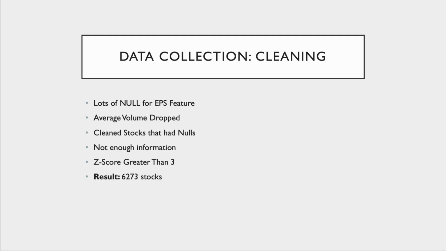Lastly, we looked at stocks that had an RSI value of 0, meaning it's a continuous 14-day loss with no gain or stagnation of price return as a whole. To find these stocks, we then calculated the z-score for each individual stock, and anything that was greater than 3 was removed. This meant that it lay 3 standard deviations away from the average for a feature, and it was an outlier in our data set. The result was 6,273 stocks that we can use for our various methods and models.